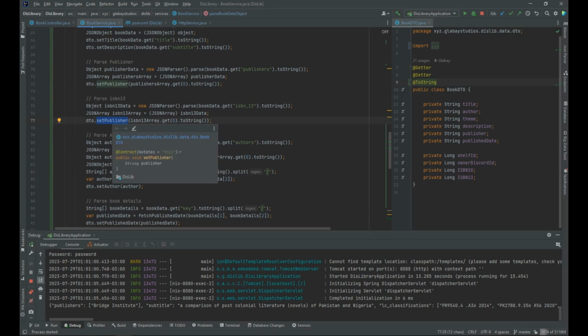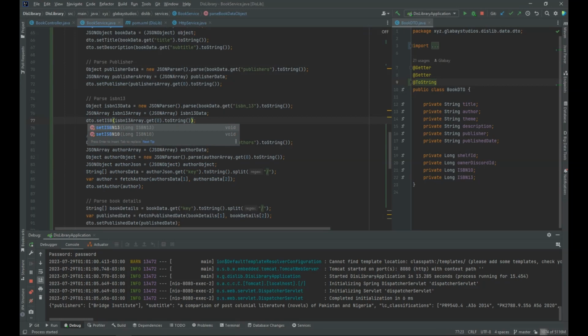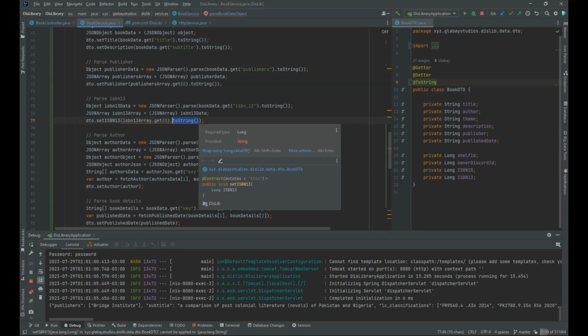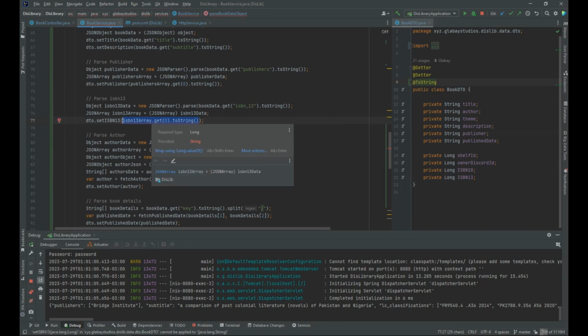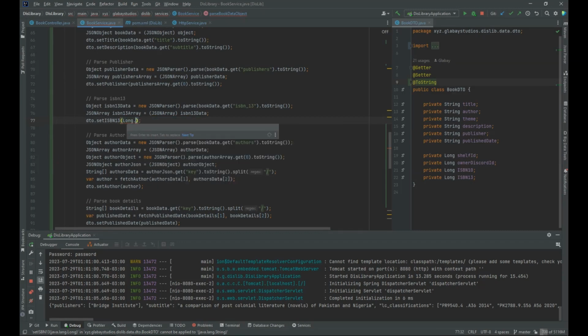So let's make sure that we're setting the ISBN 13. And this here is actually going to need to be a long variable. So we're going to copy this, say long.parse, pass in the string,